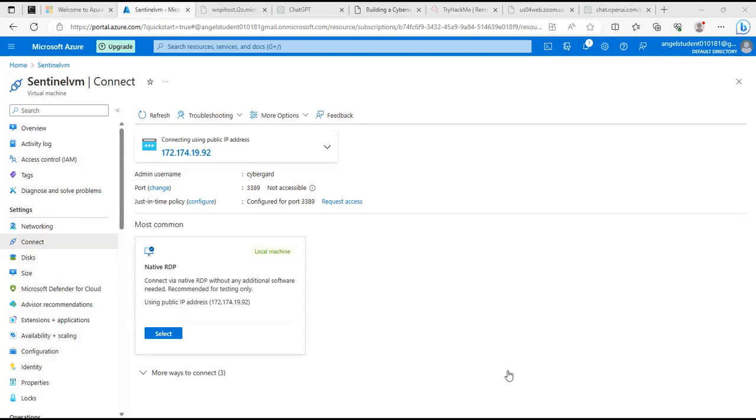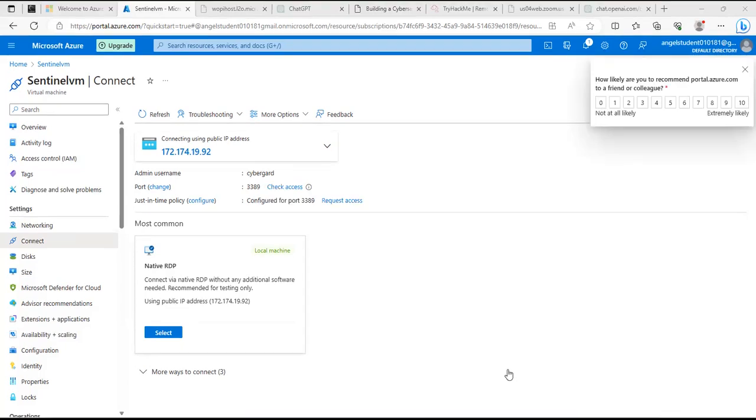So it's giving me a little bit of difficulty. All right, so we actually obtained the remote access, basically on our window